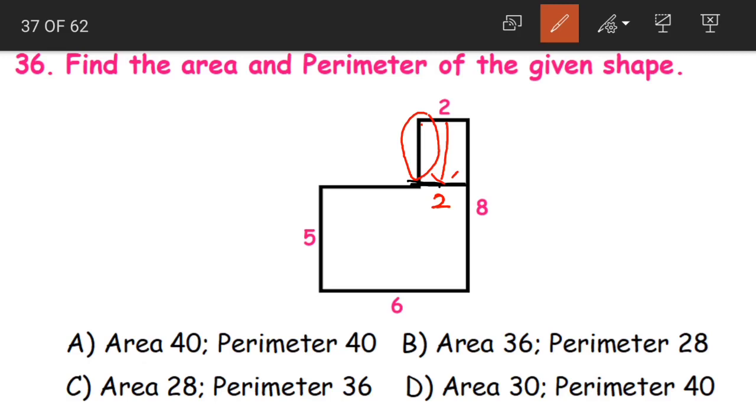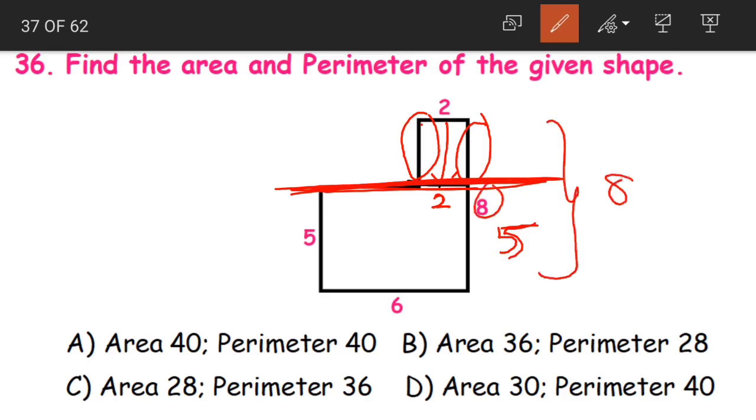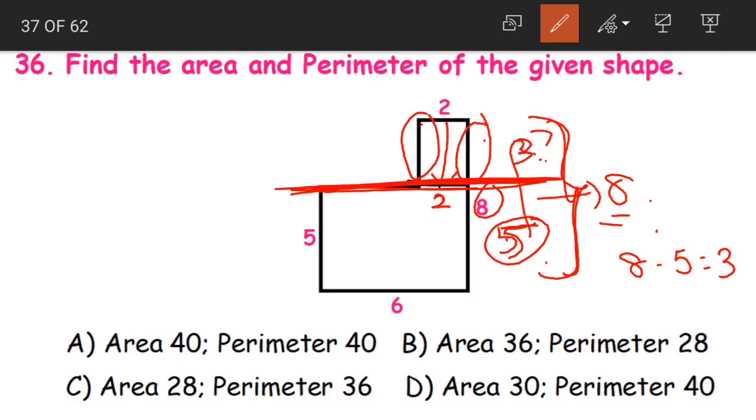Now coming to these sides, what is the length of this side? If you observe, till here the length is 5. But the total length is given as 8. So how much will the above part be equal to? See, the below part is 5 and the total is 8. So the above part will be equal to 8 minus 5, that is equal to 3 centimeters. Yes or no? If the lower part is 5, the upper part is 3. So 5 plus 3 will again be equal to our 8.